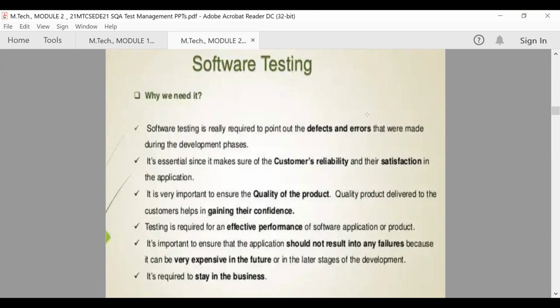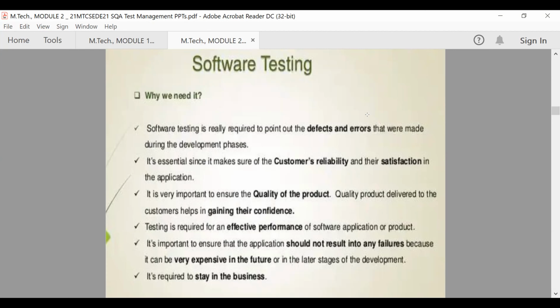Once they start using it, if they come across a number of problems with the particular software, the opinion and feedback of the end users is already spread and collected with a large number of errors. If you rectify and release an advanced version also, the same people or new customers will hesitate to use your software product.